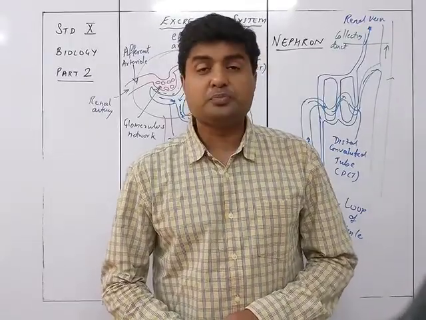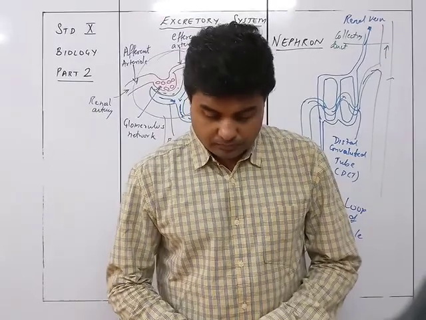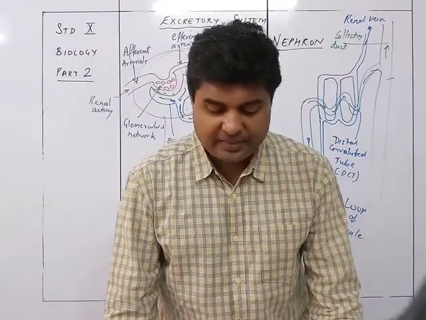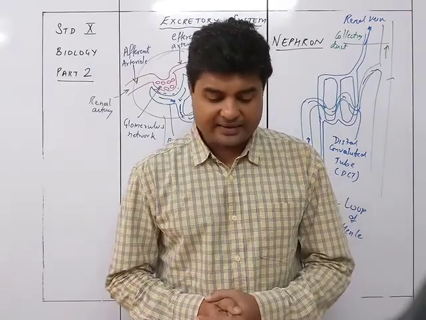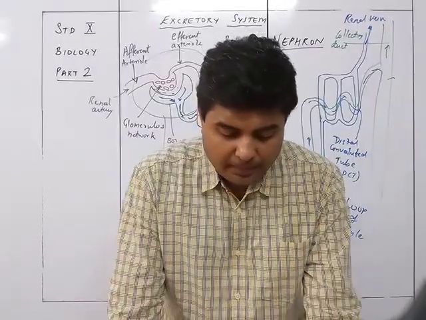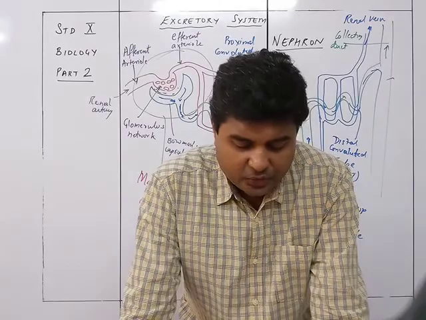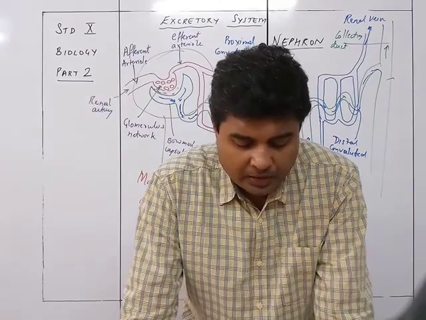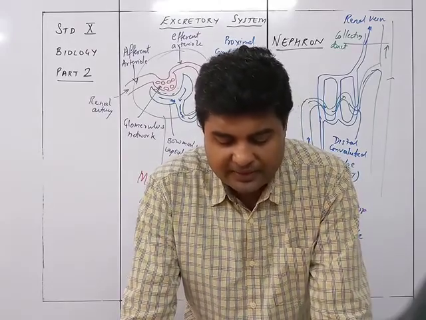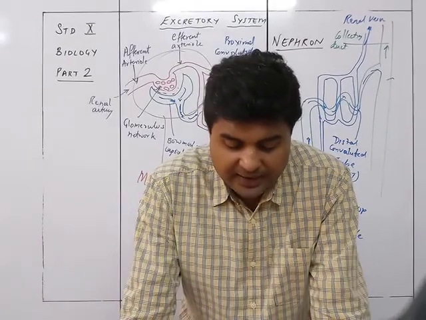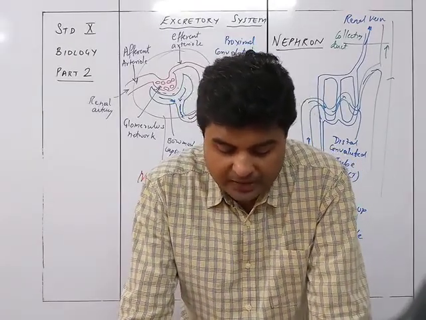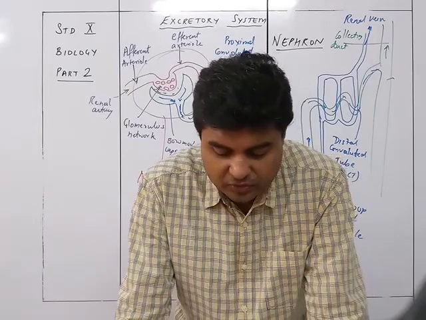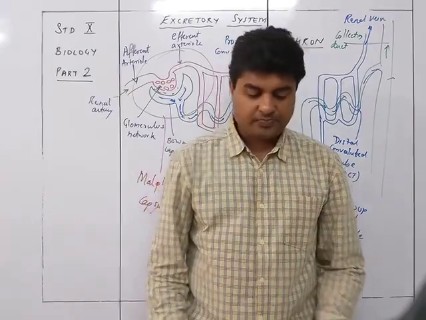That is the dialysis machine, and so we can see the summary of the excretory system. The carbon dioxide is given out by the lungs as gas in the expired air. Minerals like nitrogen waste, mainly urea, creatinine, and uric acid are given out by the kidney and the skin, kidney as a urine constituent and skin as a constituent of sweat. Though sweat contains only a small quantity of nitrogenous products.